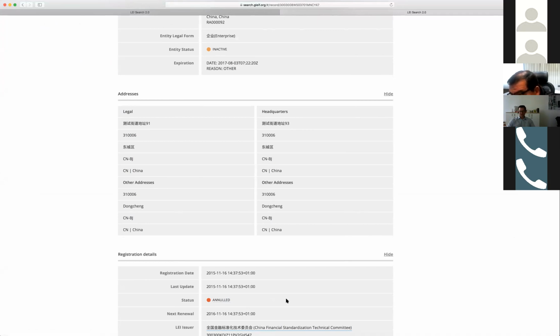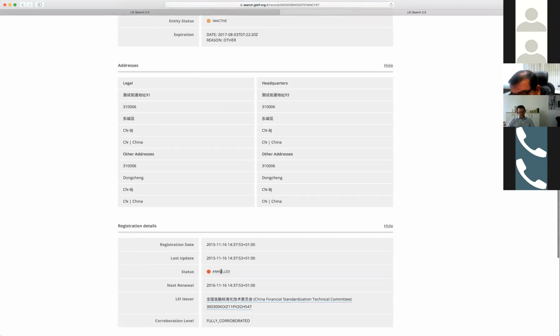But indeed, it is also a good example to show that we will keep all LEIs ever issued in the system, including their current status, so that you will always be able to find something back. There's another case where the status would be duplicate. So with a federated system, it can, in rare cases, happen that the same organization, especially in larger organizations where sometimes the left hand doesn't know what the right hand does,